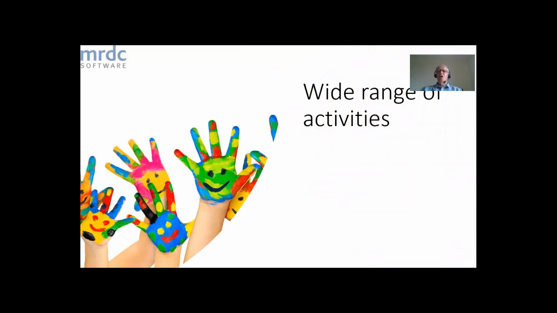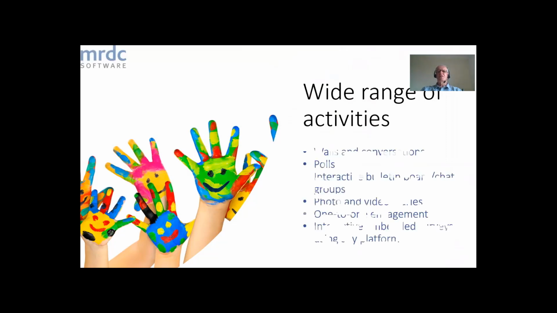And finally, we come to a wide range of activities. It's important that there's a wide range of activities. Here are the main activities that you can conduct with our Communities 24/7 platform. You've got walls and conversations, you've got polls, you can include surveys, you can have video diaries, photo diaries, chat, all the sorts of things that you would expect to have, embedding surveys into the platform. And that's what Sandy's going to take you around now.